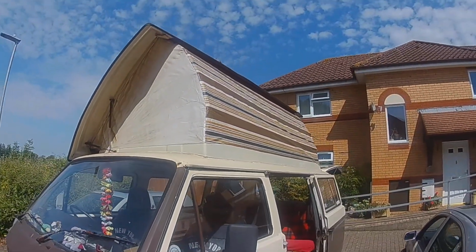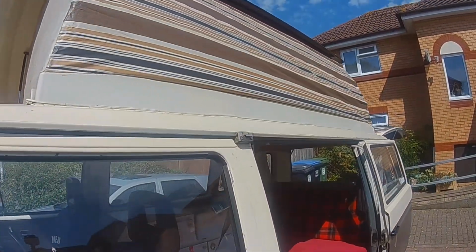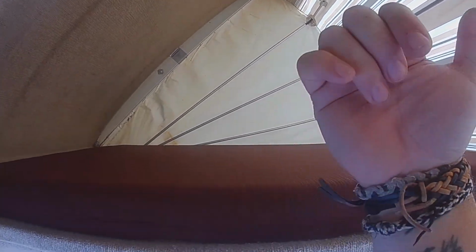Okay, so just head outside so I can get a bit closer. So there he is with his roof up. So as you can see, nice bit of space, side elevating, one clip here, one clip inside here, and then he opens up to give you a nice bit of space. So this part here slides this way and hooks up with this